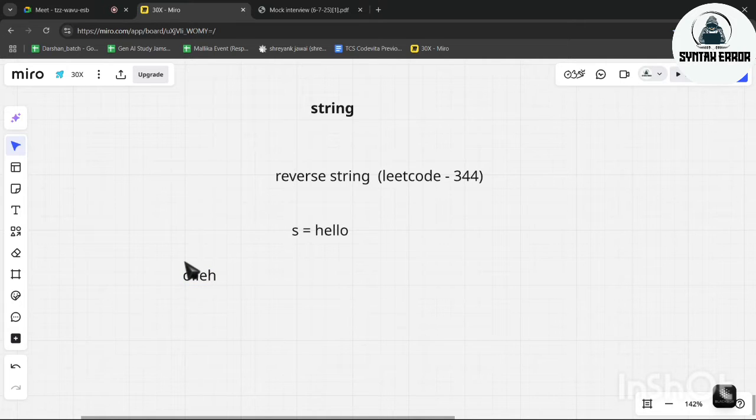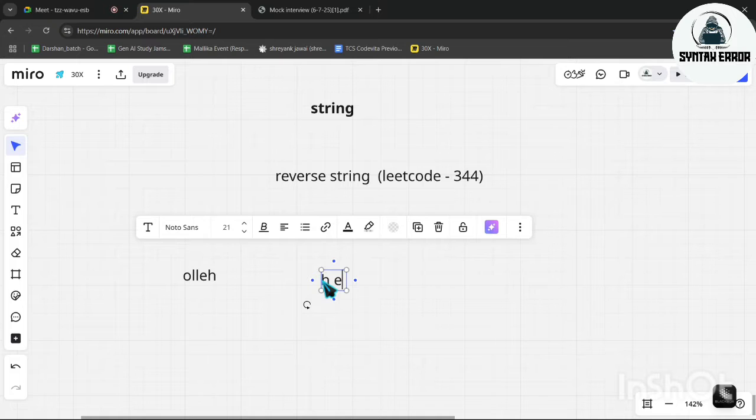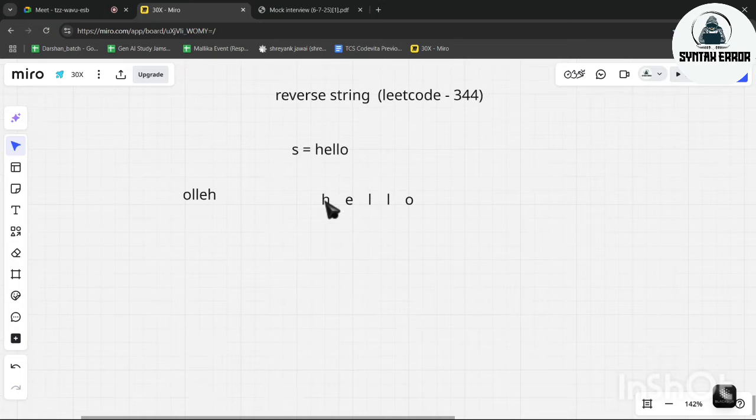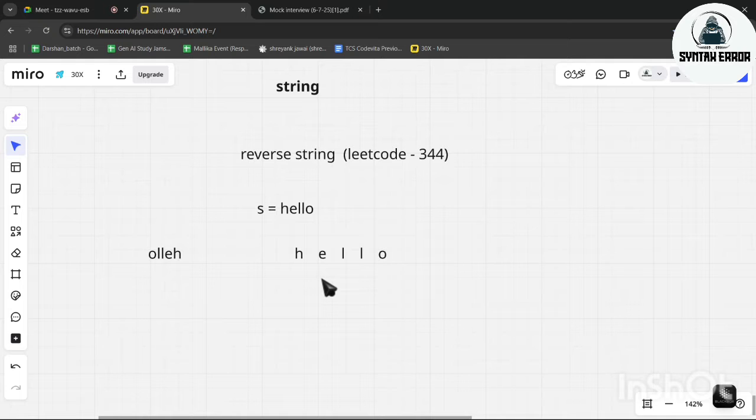There are multiple ways to do it. Someone will ask, if we want to print it in reverse, instead of starting the for loop from the beginning, let's start the for loop from the end and print inside it.